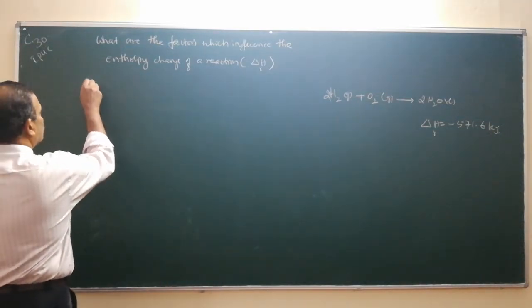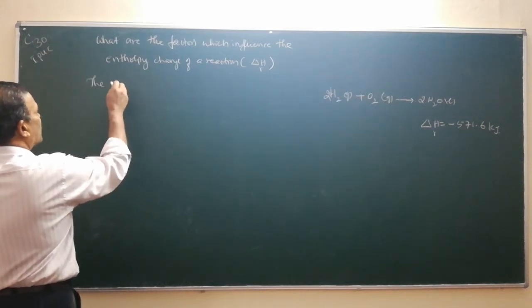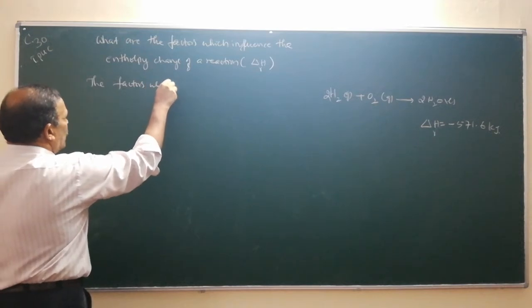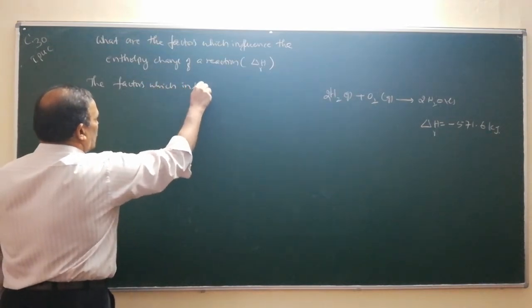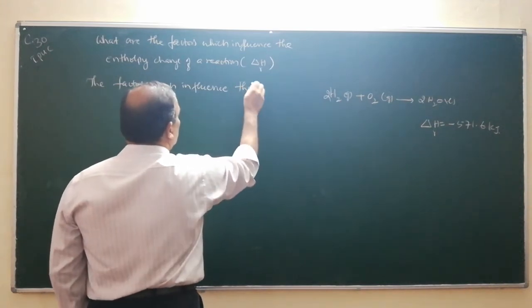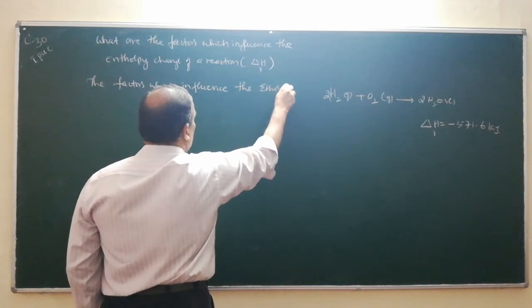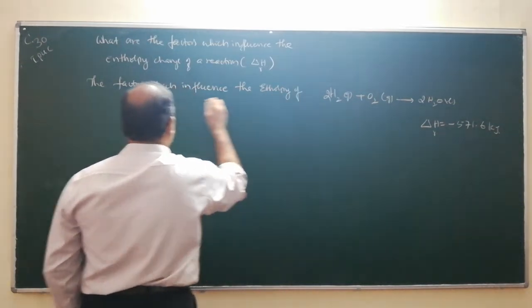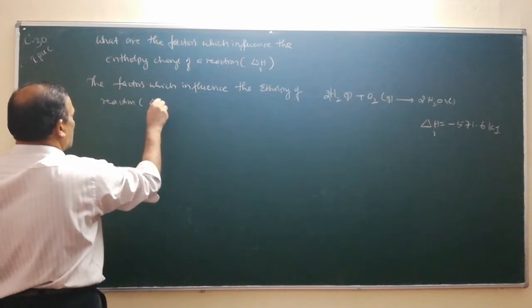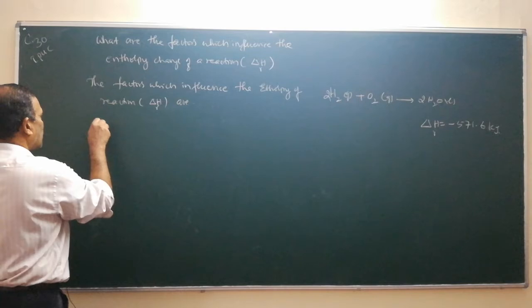So write down the factors which influence the enthalpy of reaction, delta HR. Number one,